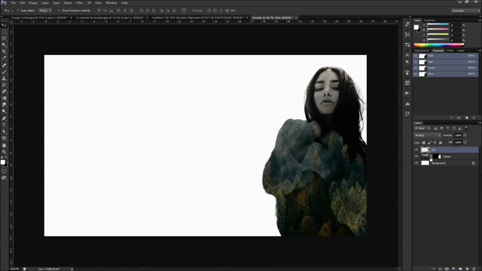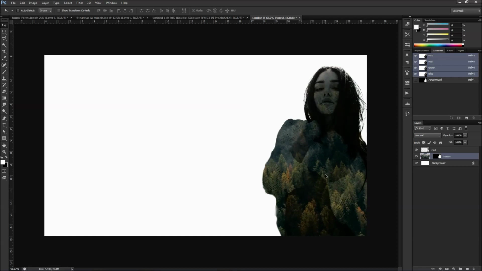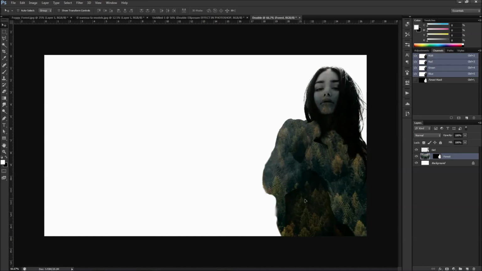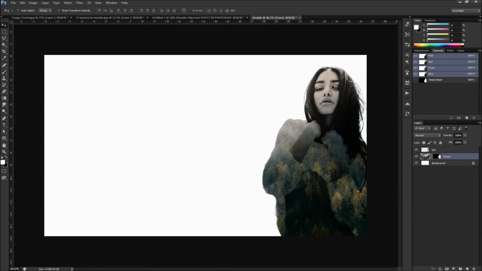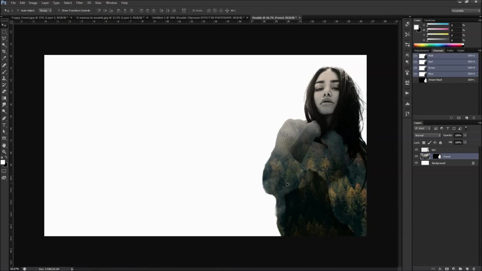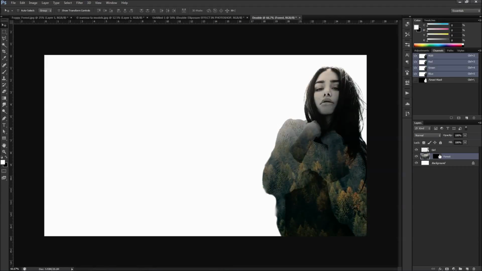Now if you're not happy with the composition, you can click the link in the chain to break it up and move the clouds and the forest around to get the effect that you want. I'm looking for a little tree